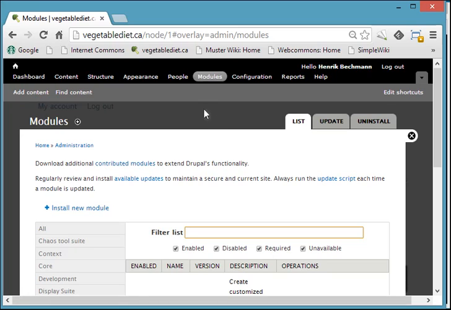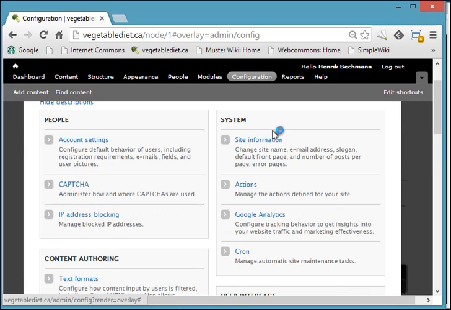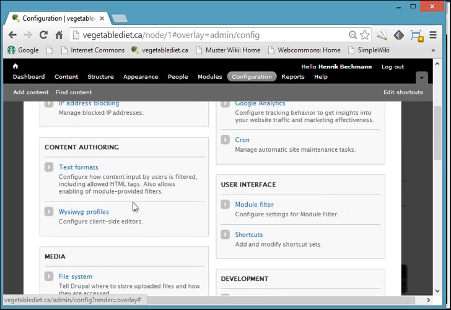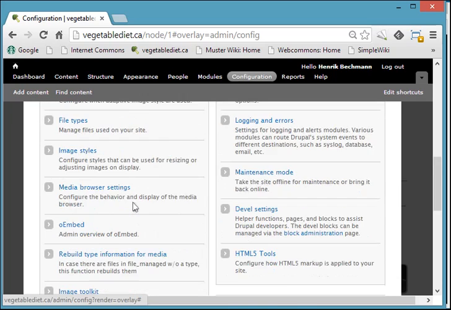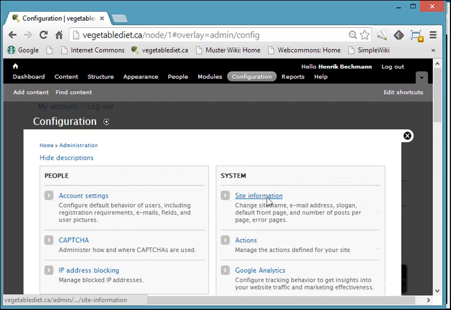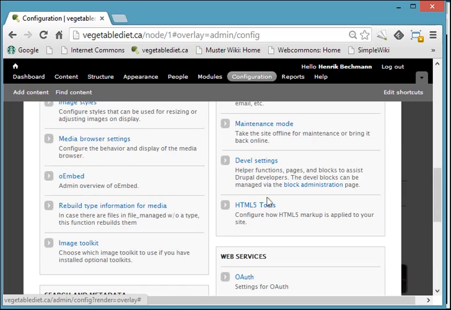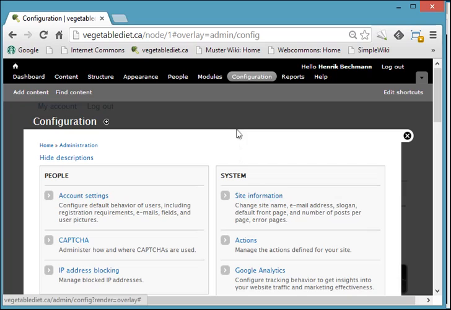Modules management, pretty straightforward. It's essentially an architectural system, a website architectural task. Okay, so configuration provides configuration options, so essentially system settings, account settings, settings for images. I won't go through these. Regional and language settings. I won't go through these in detail. There's lots of information available about them, but they're essentially occasional settings that the website administrator would want to get